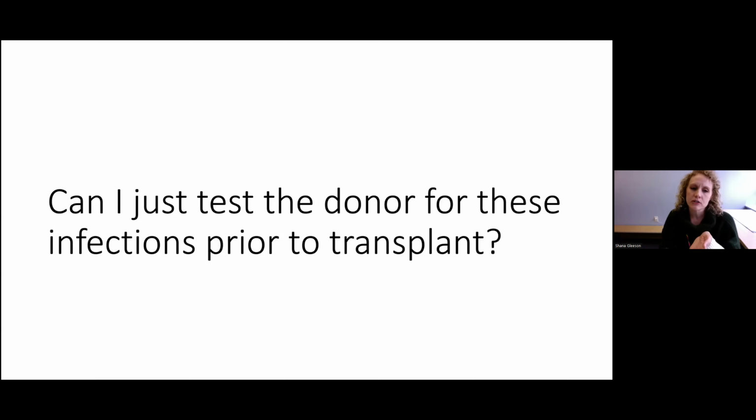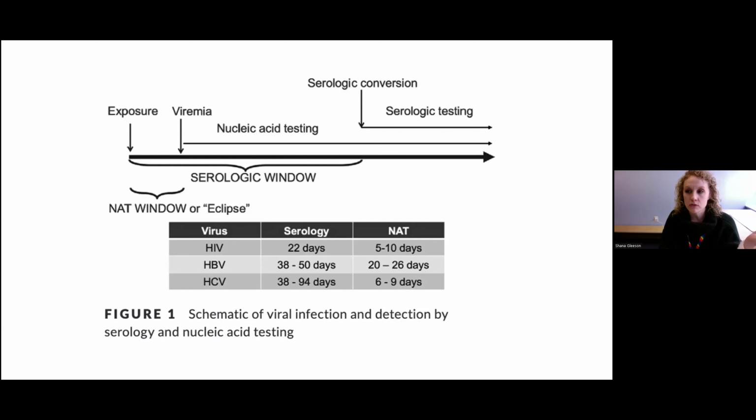So it could raise the question: can I just test the donor for these infections prior to transplant? If I know they're increased risk, can I just screen them for HIV and viral hepatitis? And if it's negative, I don't have to go through all this consent and screening post-op on the recipient. The reason you can't do that has to do with this concept of window periods, which we talk about